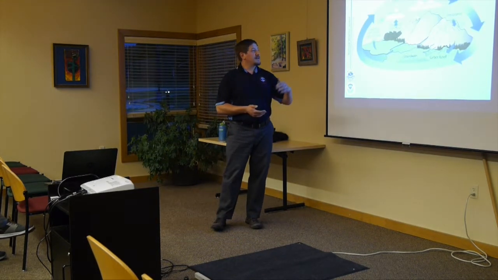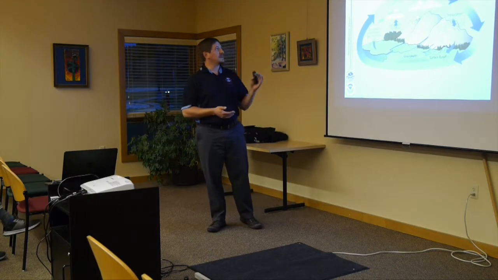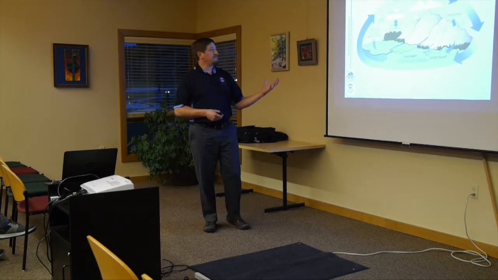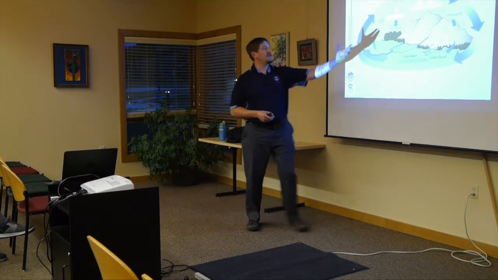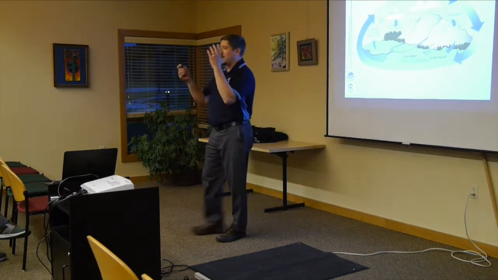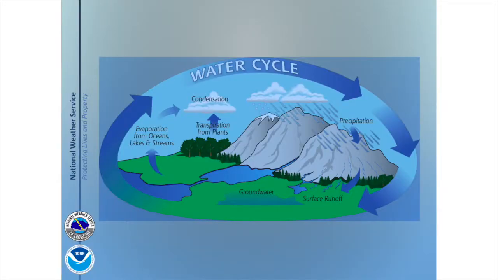So before I dig into the meat of the presentation, I just wanted to go over the water cycle, give you some background on how water flows over the landscape. Essentially, you have precipitation. It can be in the form of rain, snow, hail, drizzle, you name it, all the different types of precipitation that you see. That falls on the landscape. If it's in steep terrain, it flows off more quickly. Also, if the soil's wet, it flows off more quickly.